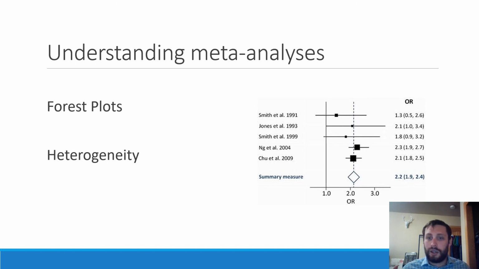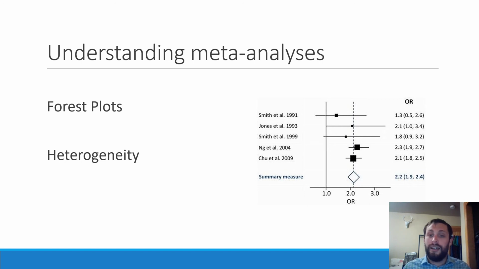The confidence intervals are represented by the lines, which show how wide the confidence intervals are. You can rest assured that the smaller the sample sizes, likely the larger the confidence intervals will be, so we have less assurance that our point estimate is correct. And the point estimate is essentially where that box lines up. As you can see, if the box lines up closer to 1, in this case being an odds ratio, then it is closer to an odds ratio of 1, indicating that there's no effect shown. Additionally,